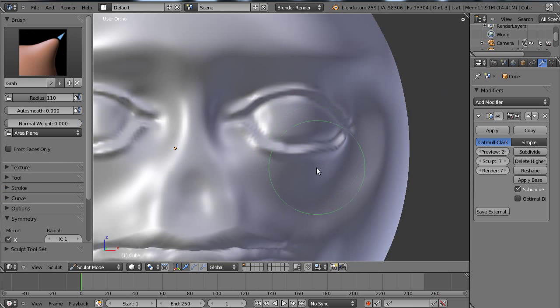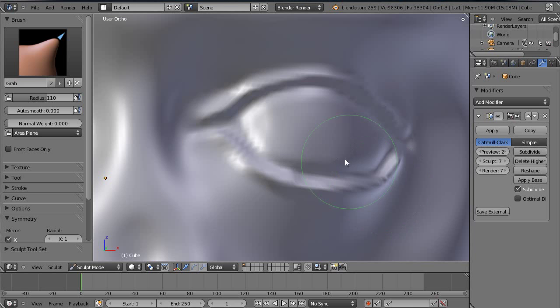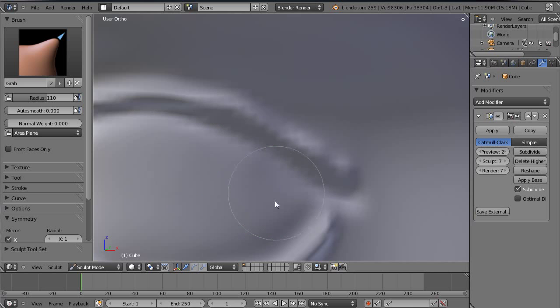You might want to spend some time on these eyelids, getting them the right shape. And I'll just smooth out that internal area.